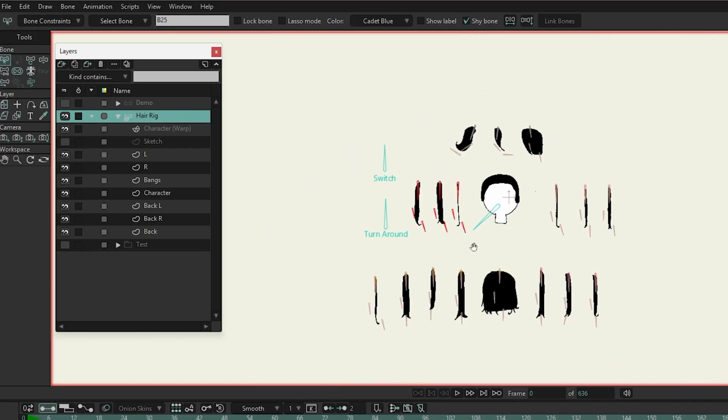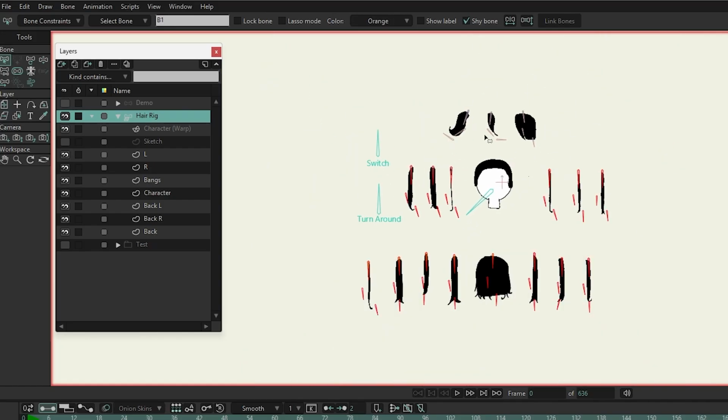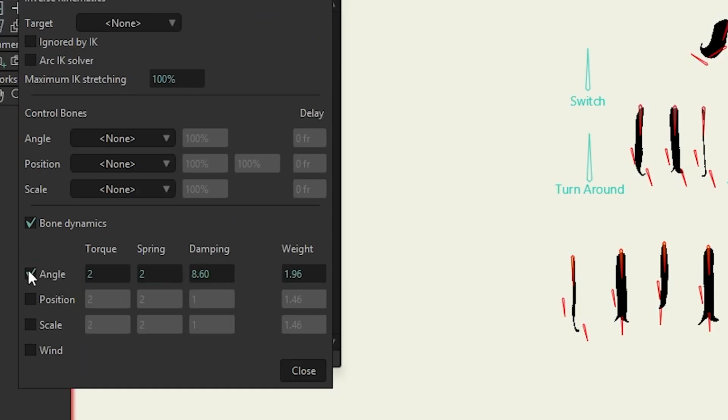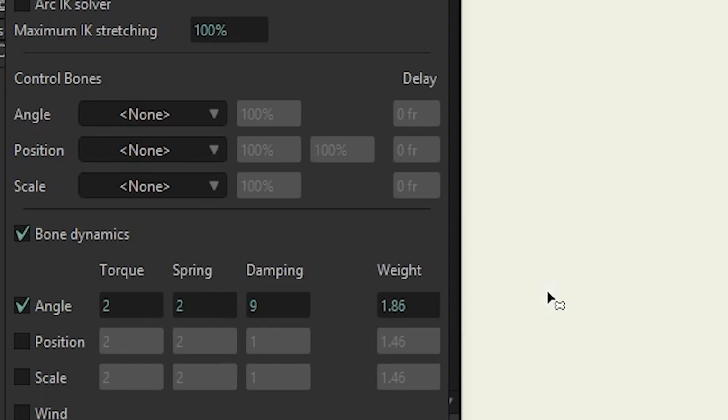It just has to be around the vicinity of it. And select all of the bones that you made for the hair and go to the top left, go to bone constraints, go to the bottom and click on angle and put these values on the screen. They don't have to be exactly these values. I figured out that if it's around the numbers of 9 and 1.8, then it should have a pretty good